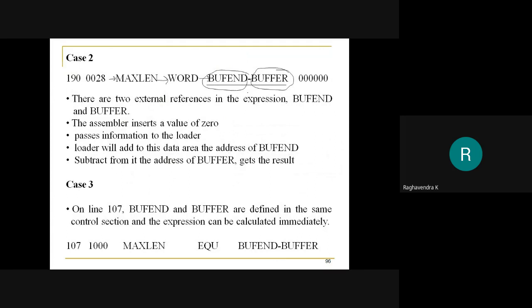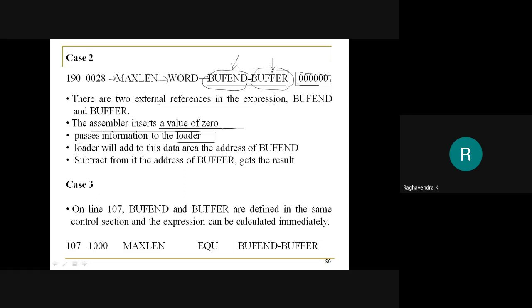So how is this expression going to be handled? Once again, BUFFEND value not known, BUFFER value not known, because the main control section can be loaded anywhere. So since I don't know the value, simply put 0000. There are two external references in this expression. So the assembler simply inserts the value 0, and now it's the responsibility to pass that information to the loader.